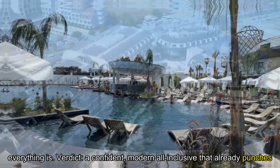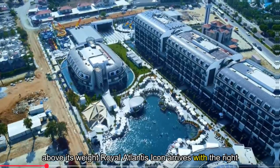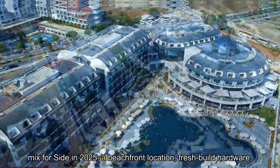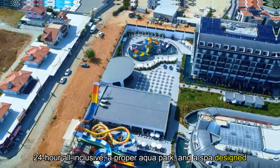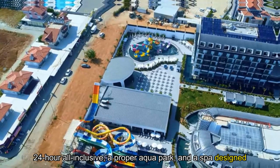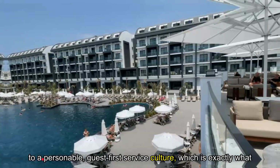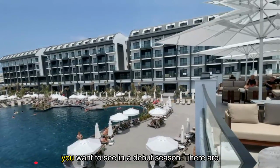Verdict: a confident, modern all-inclusive that already punches above its weight. Royal Atlantis Icon arrives with the right mix for Side in 2025. A beachfront location, fresh-build hardware, 24-hour all-inclusive, a proper aqua park, and a spa designed as a destination rather than an afterthought. Early reviews point to a personable, guest-first service culture, which is exactly what you want to see in